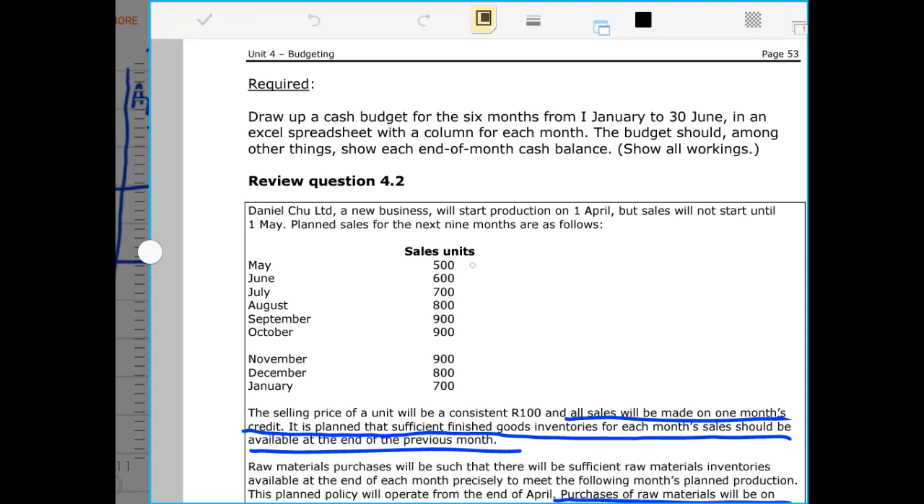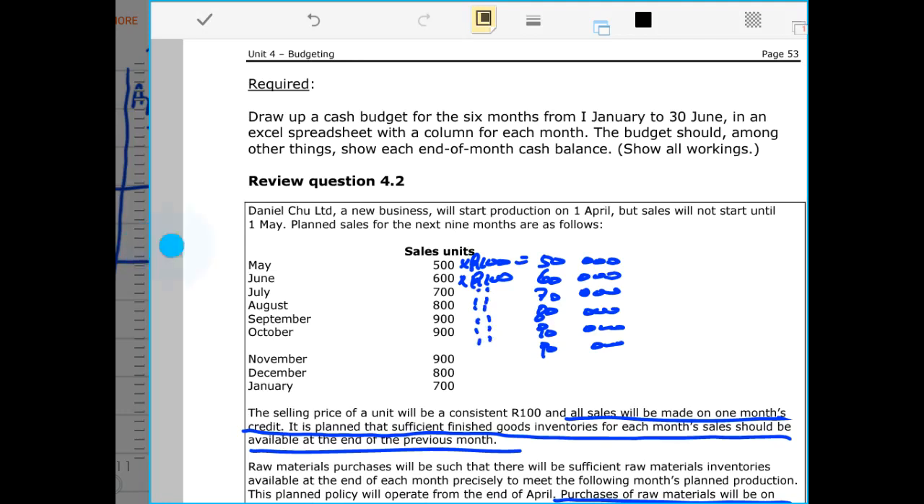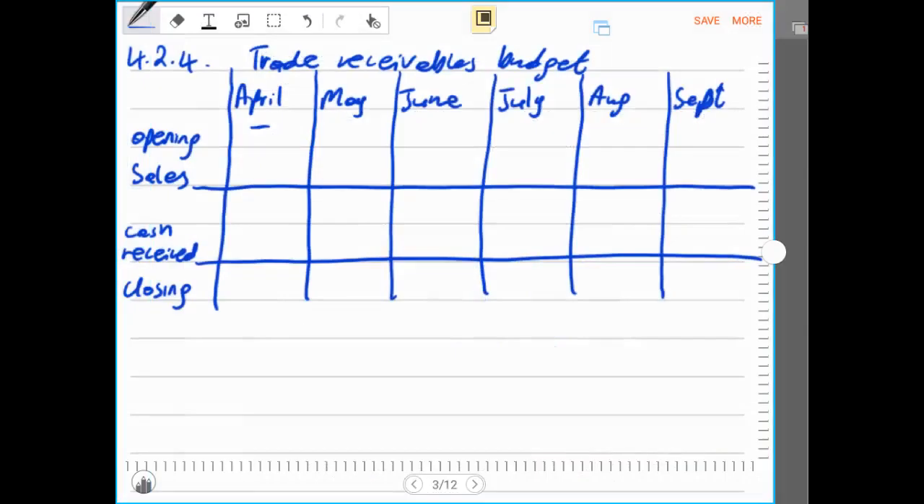Sales started in the month of May. And I showed you that we have to multiply by 100. This will be 50,000. This will be 60,000. We get to 70,000. We get to 80,000. We get to 90,000. So now this will be the sales. Multiply everything by 100. So now our sales will be 50,000, 60, 70,